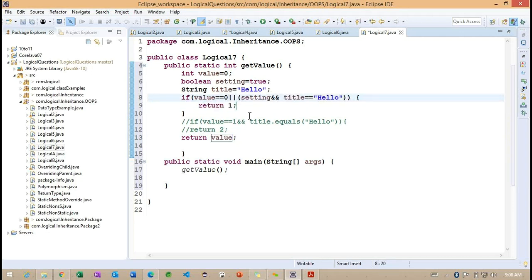But what about this? If I'm not adding this, simply if I make it like this, what happens internally? We are getting a compilation error. Now you can understand here, the operator is undefined for the argument type int, boolean. The first one is expecting int, and the second one is the boolean data type. But whenever we are working with any condition, both conditions have to return a boolean value, right?